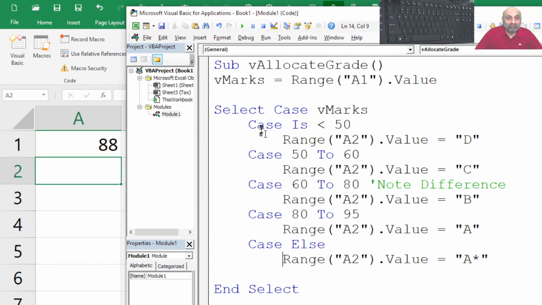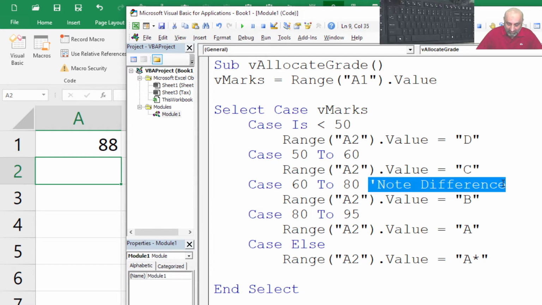So if the marks are less than 50, A2 is equal to D. If the marks are between 50 and 60, it's going to be C. If 60 to 80, it's going to be B. 80 to 95, A. And Else means if above 95, it's going to be A star.